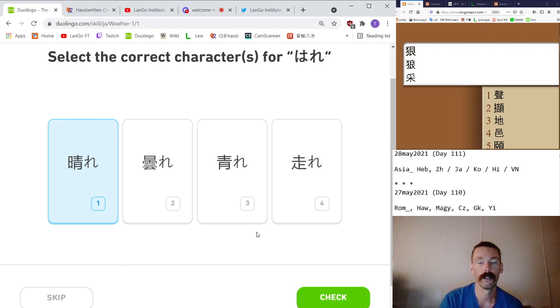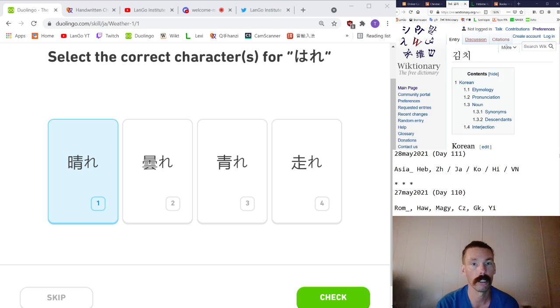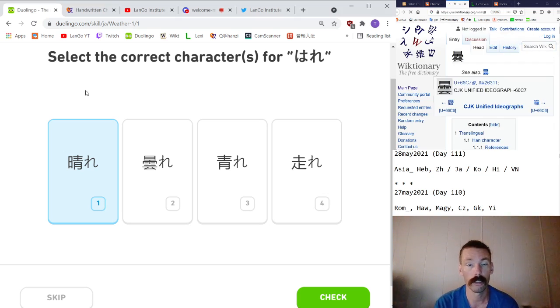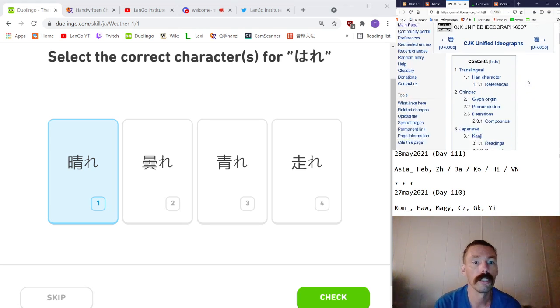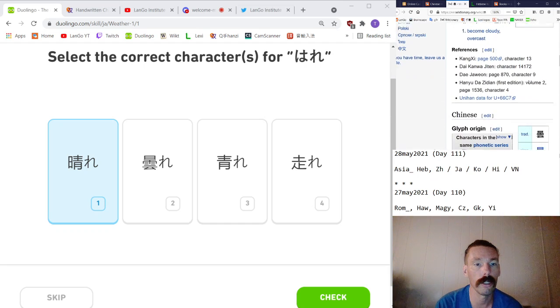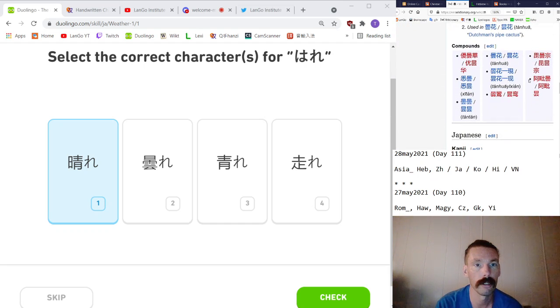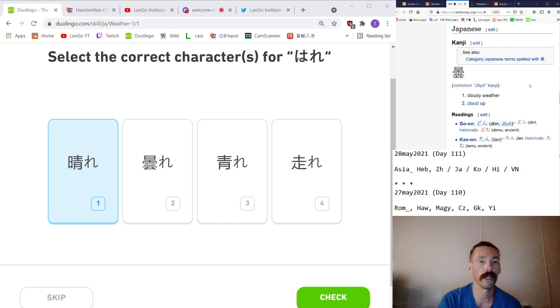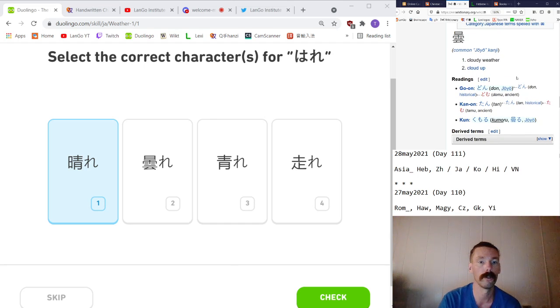And then which do you know as words? Which do you recognize as words unto themselves? I'm going to look this one up. There we go. Number 3 also looks like ching. It is blue-green, or ching. Okay, the number 2 one here. Han, meaning cloudy, overcast. In Japanese, it is kumoru. All right, how about number 4?